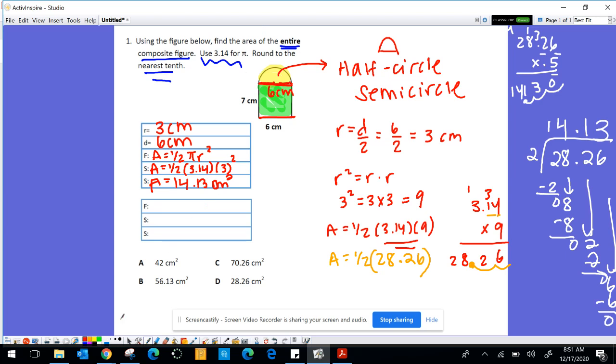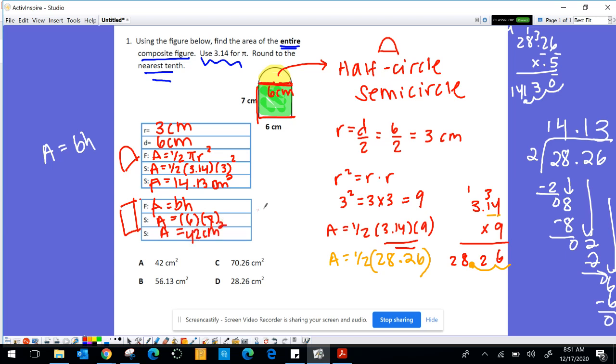Now we need to find the area of the rectangle. The area of a rectangle is just base times height. So let's figure that out. This is for the half circle, and this is for our rectangle. So area equals base times height. The base and the height of the rectangle are 6 and 7. Multiply 6 times 7, and you get 42